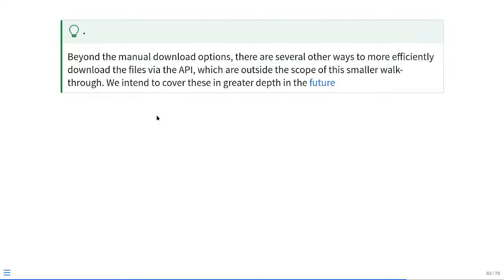So, beyond the manual download options, there are several other ways to more efficiently download the files via the API, which is outside of the scope of this small walkthrough. We intend to cover these in greater detail in the future, because they are particularly valuable if you're already working in R and want a more simplified manner, or if you just want to investigate the metadata